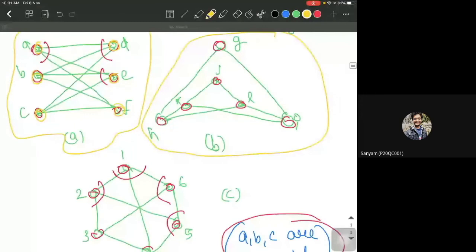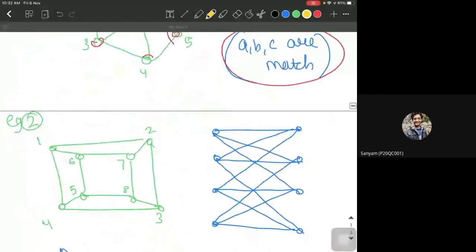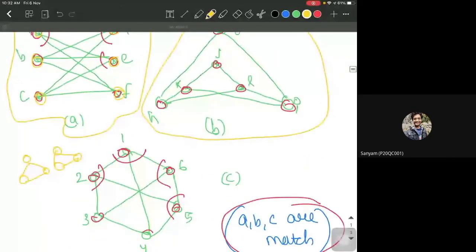So the first check will be passing through. And similarly, the second will be the number of vertices with a given degree. When you say that these two graphs should be isomorphic, then we also have to check how much degree they are containing. So suppose we come up with this graph, we can directly reject it as not isomorphic because it has a maximum degree of 2 in this graph, but in this graph we have a maximum degree of 3. So we can directly reject this claim that this can be isomorphic in fewer steps only.